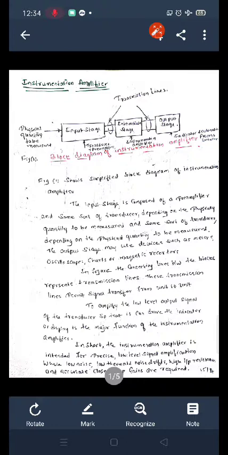Many industrial systems, consumer systems, and process control systems require a precise measurement of physical quantities like temperature, pressure, humidity, weight, etc. Such measurements help the industries to produce quality products. The measurement of a physical quantity is generally carried out with the help of a device called a transducer.